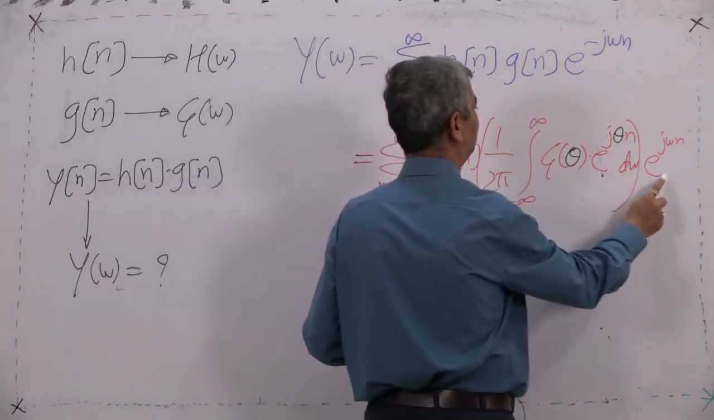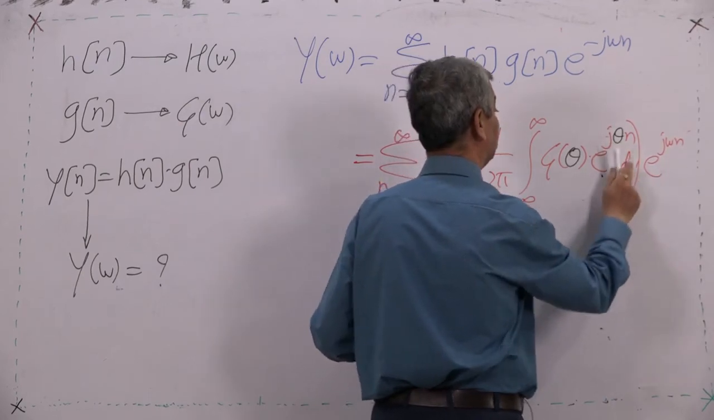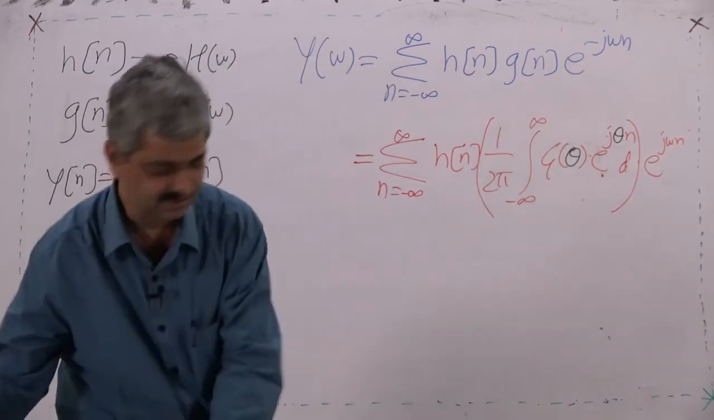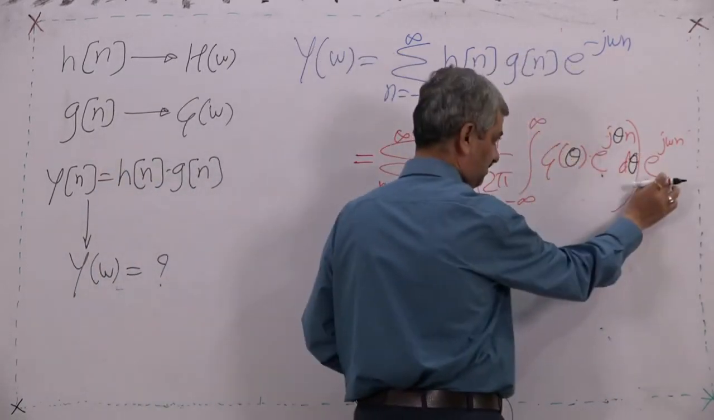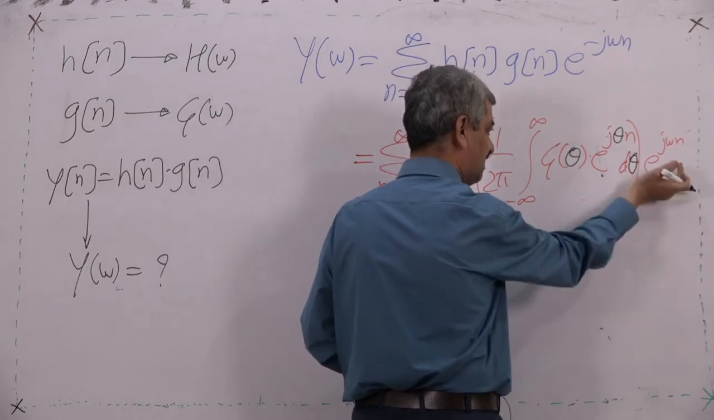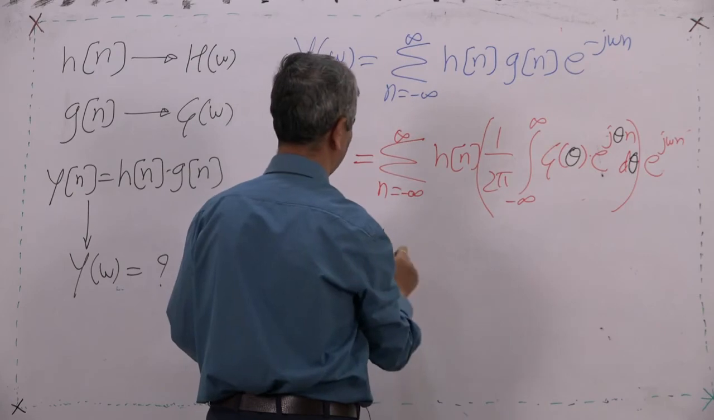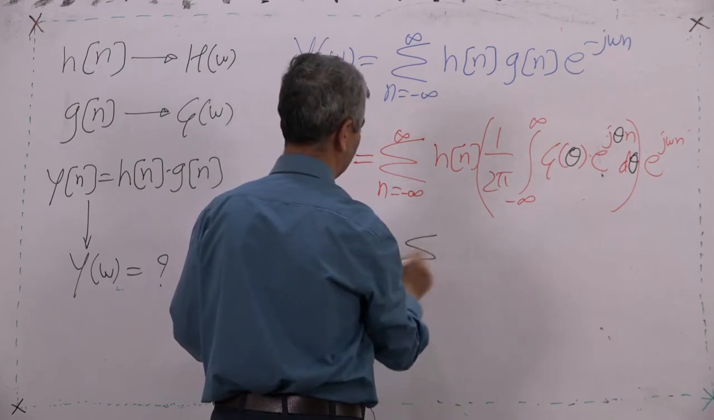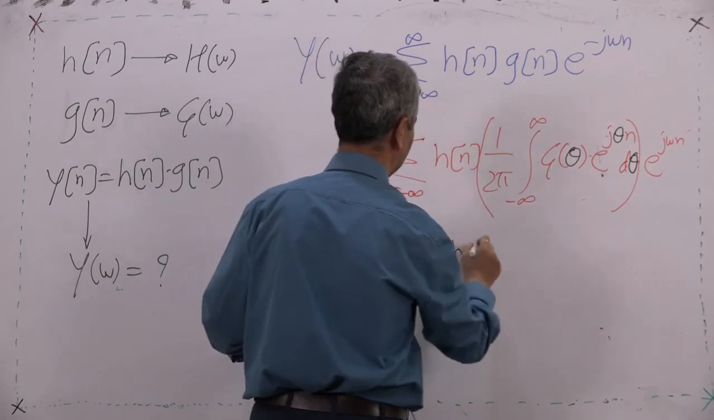This term has nothing to do with theta, so it can come inside. 1 upon 2 pi goes directly outside, there is no need here. Summation over n equal to minus infinity to infinity h n